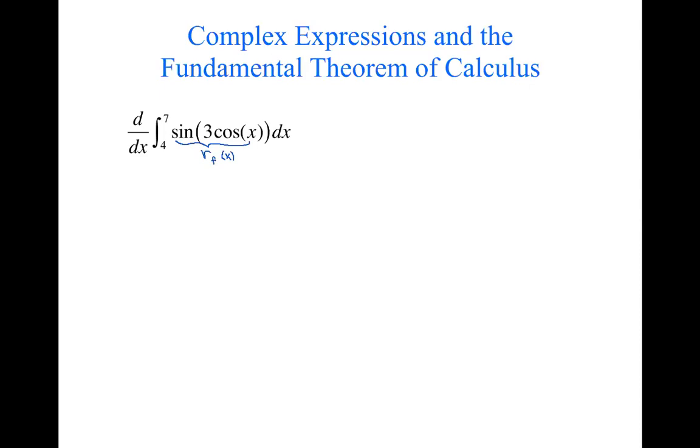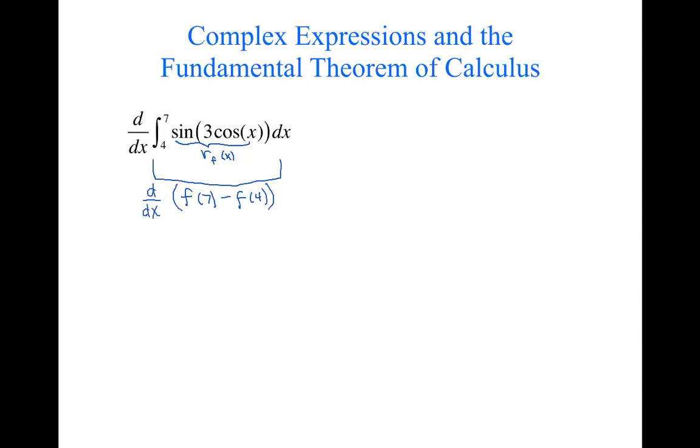If I think about this rate function accumulating from 4 to 7, according to the fundamental theorem of calculus, this part of it should be f of 7 minus f of 4, right? The function whose derivative we see, whose rate we see, we want to know the change in it between 7 and 4. This is according to our fundamental theorem of calculus. So this expression looks awful, but maybe you can see that if I take a derivative of that,